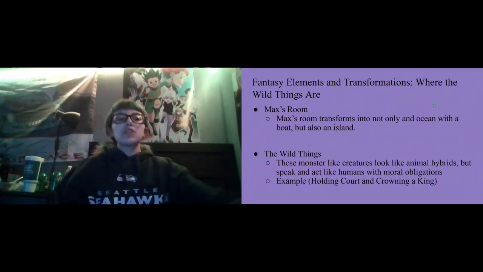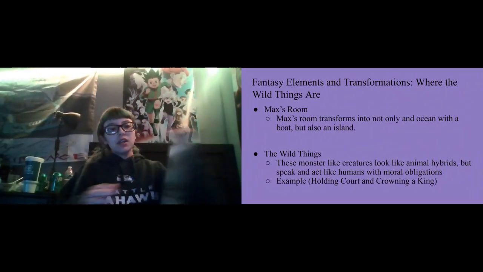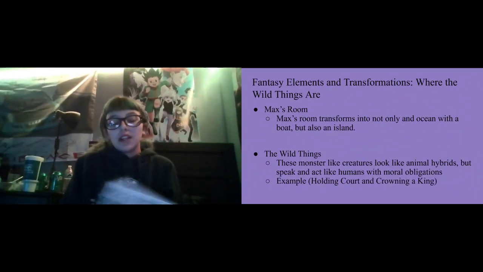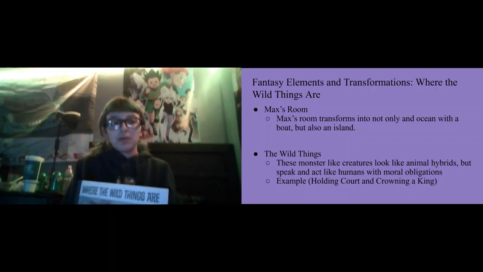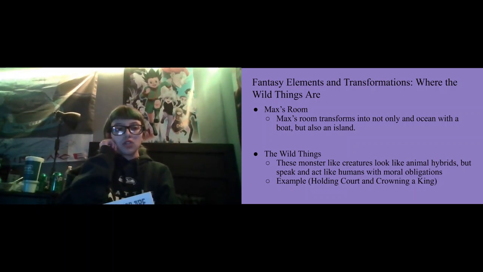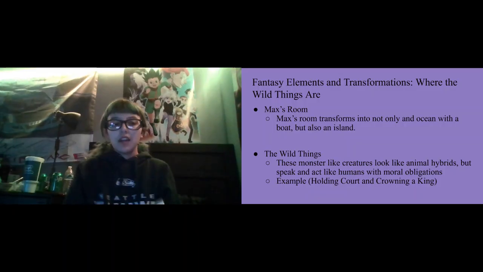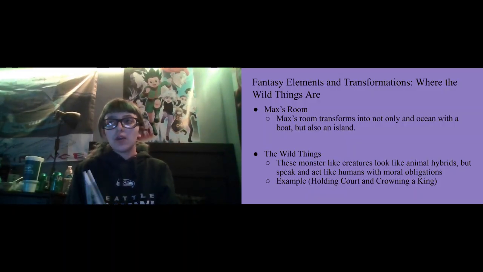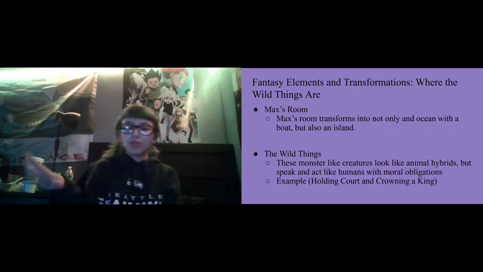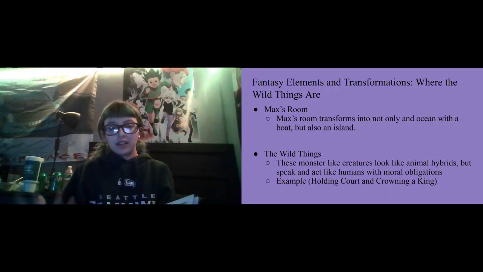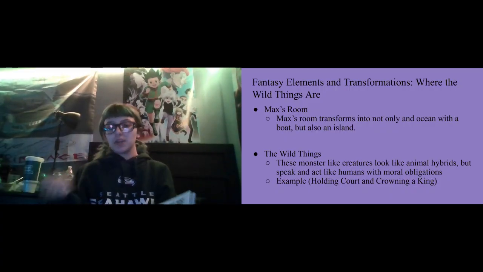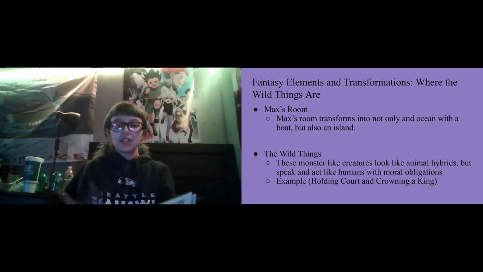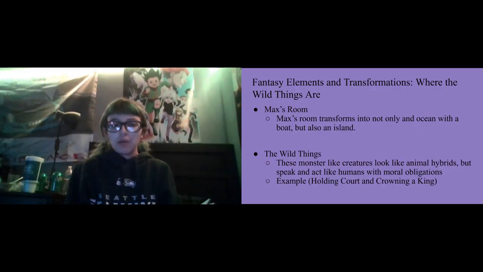Fantasy elements and transformations, Where the Wild Things Are. The two unique fantasy elements: one is Max's room. Max's room transforms into not only an ocean with a boat, but also an island. The second one is the wild things themselves. On the island, the wild things are monster-like creatures that are kind of hybrids with animals, but they're not identifiable creatures. You can't say this one's a pig, this one's a cow. They're just monsters. But they speak and act like humans with moral